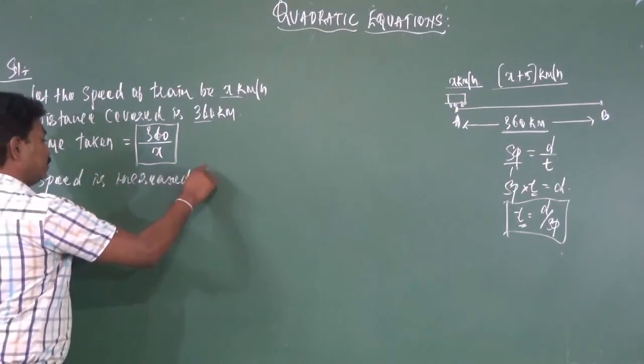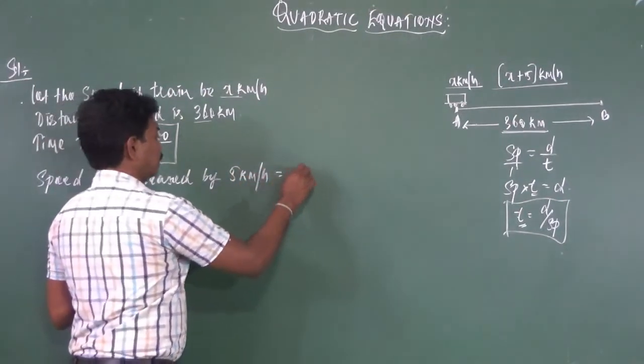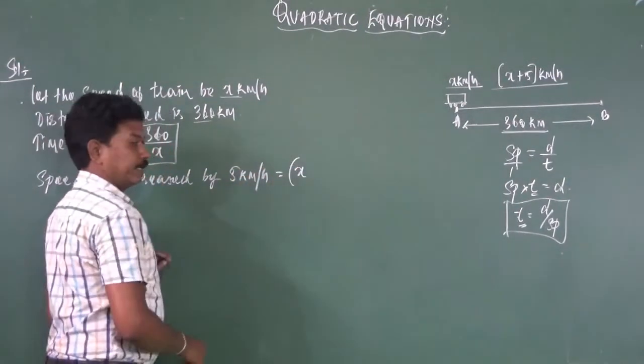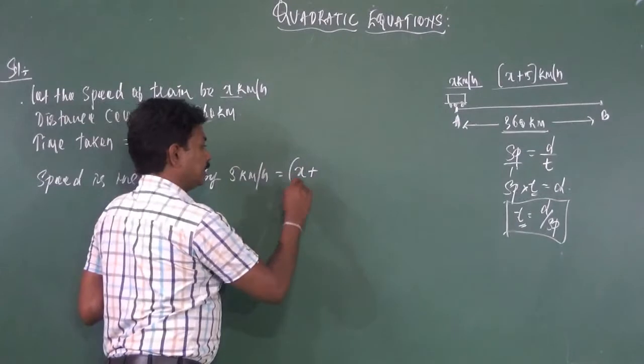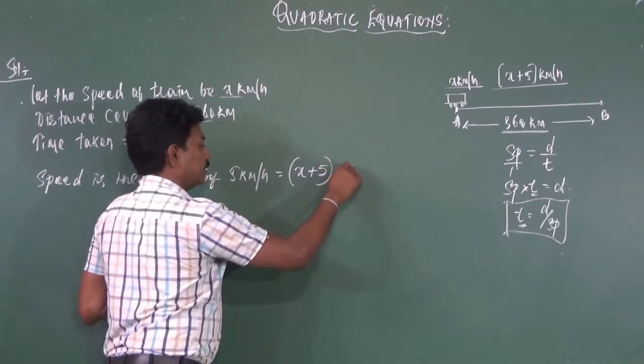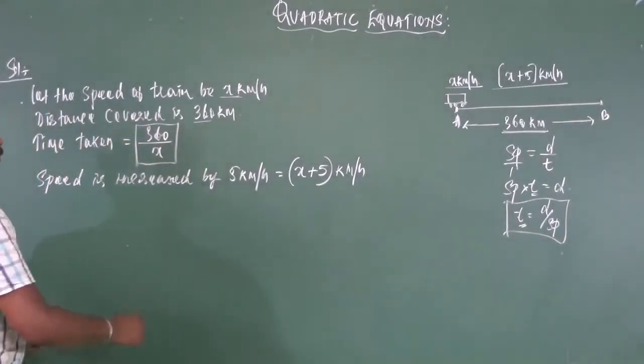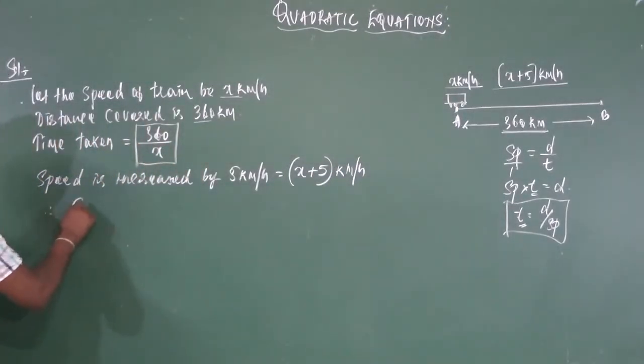Speed is increased by 5 km per hour. That is, earlier it was traveling at x km per hour. Now it is increased by 5 km per hour, so that becomes x plus 5 km per hour. But the distance remains the same. So therefore, time taken